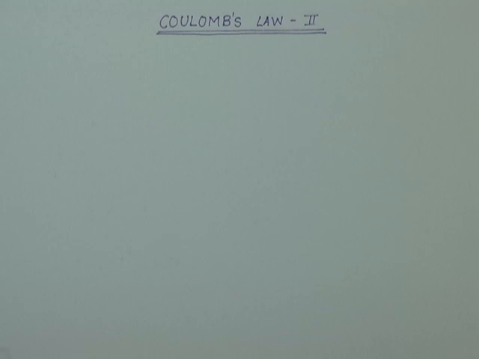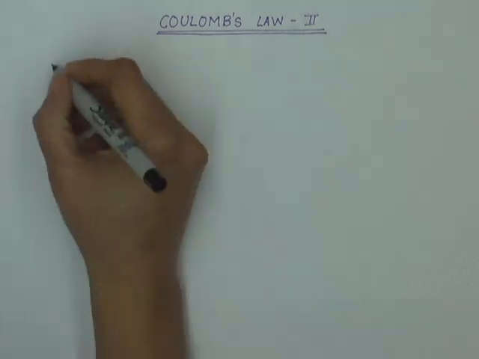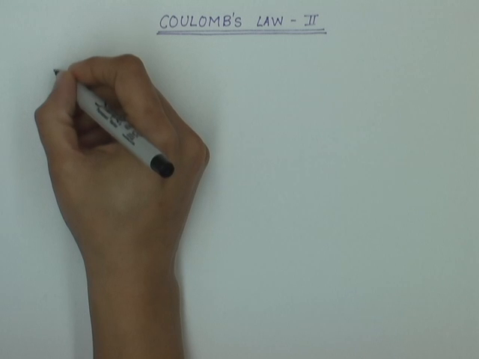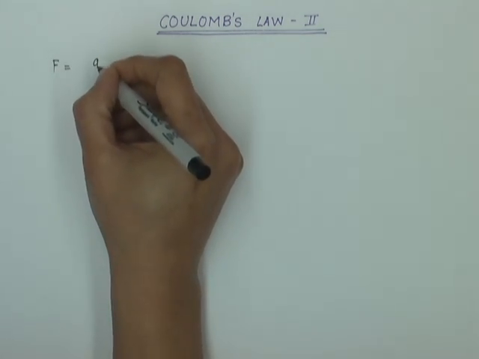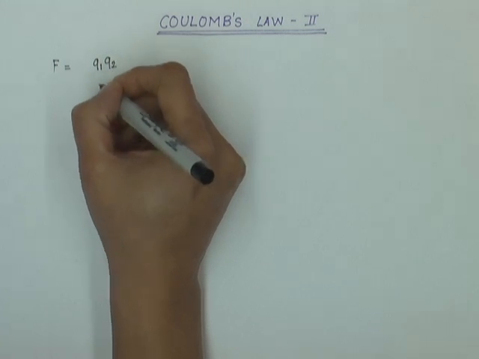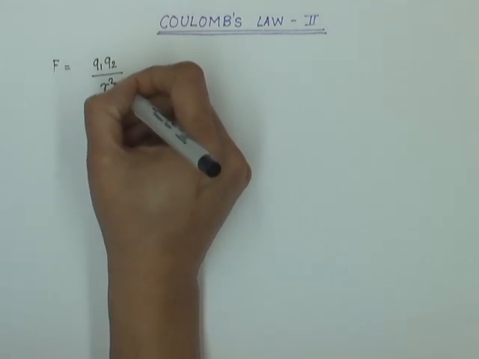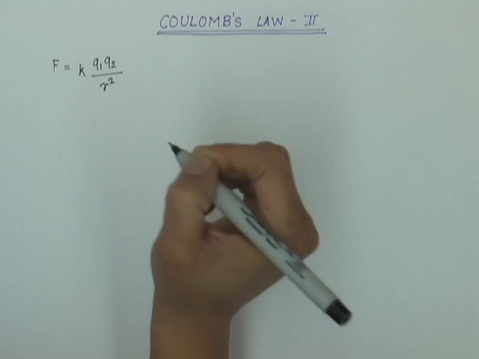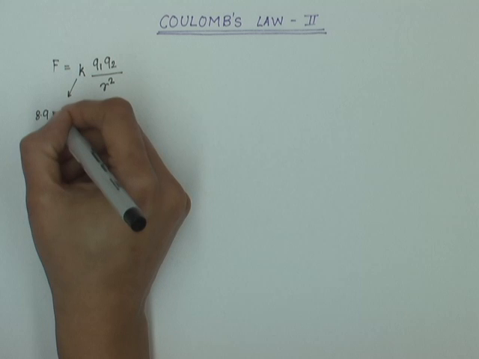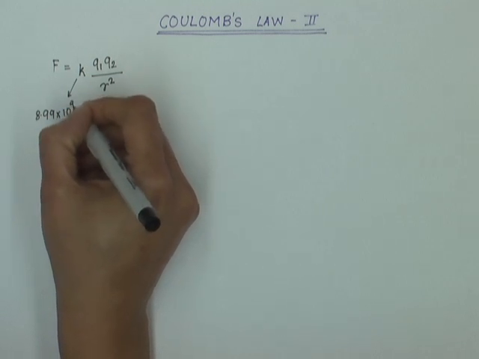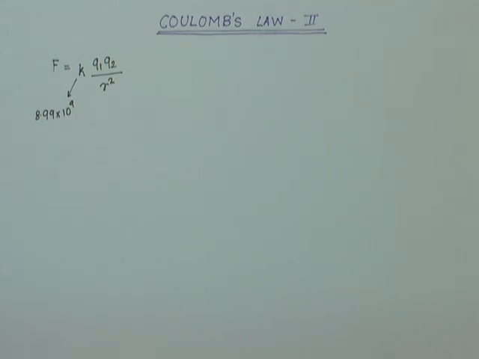In the previous lecture, we discussed how Coulomb derived the expression for electrostatic forces between two charged bodies, and he found out that the force was proportional to the product of the two charges and inversely proportional to the square of the distance between them. The constant of proportionality was k, which he found experimentally to be 8.99 × 10^9. Now you must remember that Coulomb found this out way before we knew that electrons and